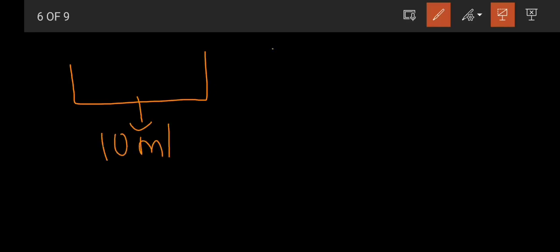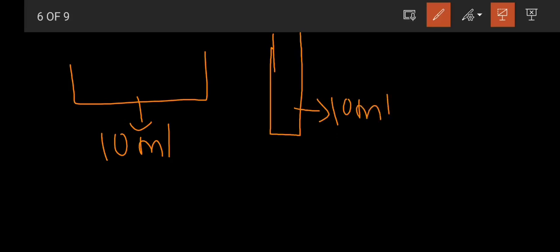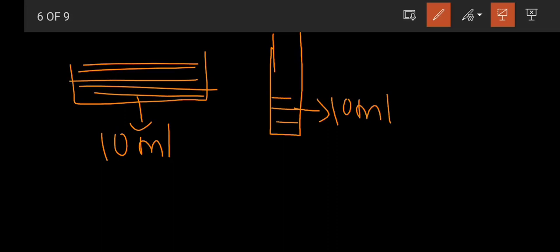And this is another container, which also has the capacity to hold 10 ml of water. Now we will pour 10 ml of water in this container, and also 10 ml of water in this container. Now when we ask the child which container has more water, then